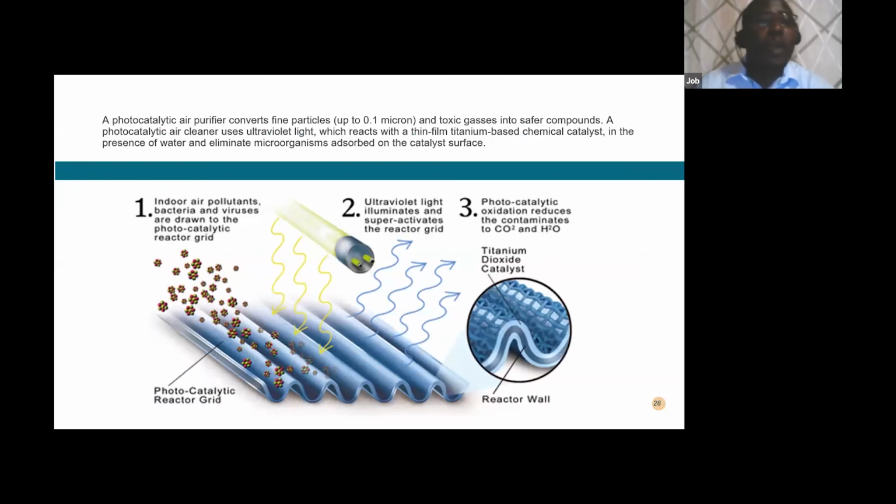PICO is a new air purification technology developed to reduce circulating indoor allergens. PICO removes particles as small as 0.1 nanometer with the destruction of organic matter not trapped by a traditional filter and removes volatile organic compounds. These new air treatment methods can be effective against coronavirus when these purifiers are installed in a central air filtration